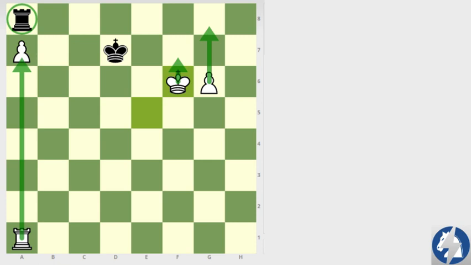So the ninth tip is, again, I will not show it on the board because it's a more complicated example, but when you are down in material, you should try to create counterplay by making a passed pawn on the side where you have equal material. When you are losing or close to losing, you should not play passively. You better